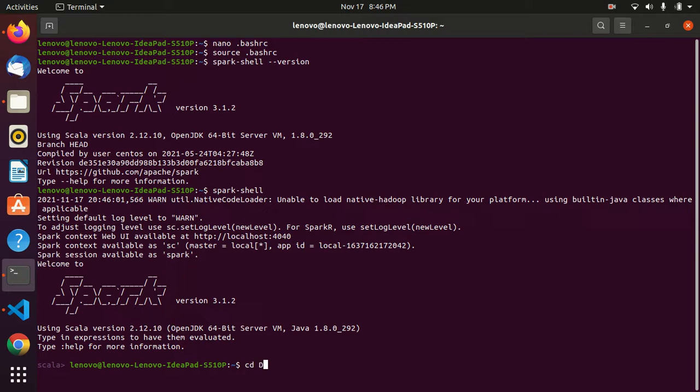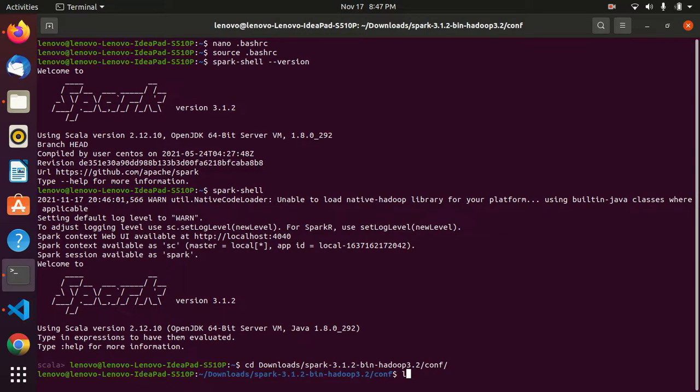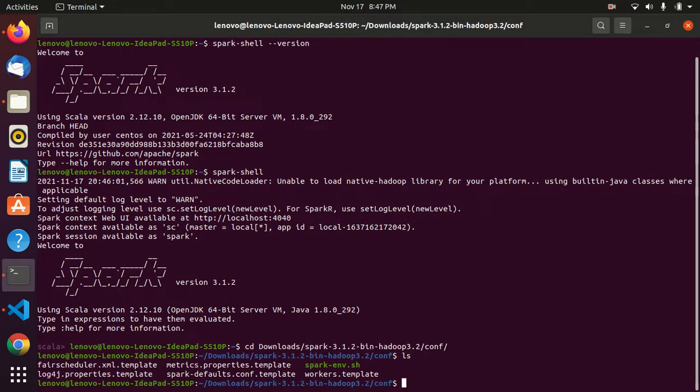It's in my downloads, Spark, conf file, press enter, ls. So initially spark-env.sh.template will be there.